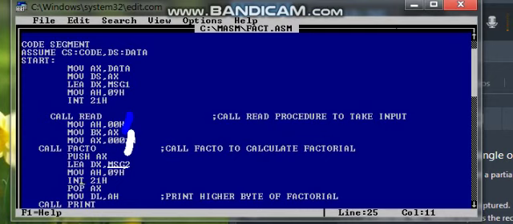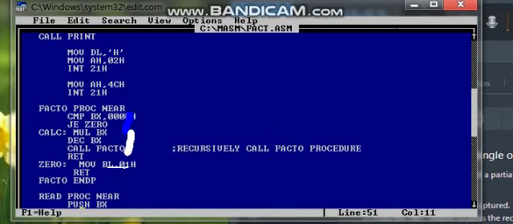Now we have initialized AX as 0 and AH as 0. Then the factorial procedure is called here. So what is the factorial procedure?